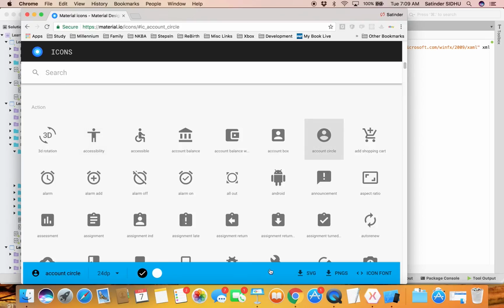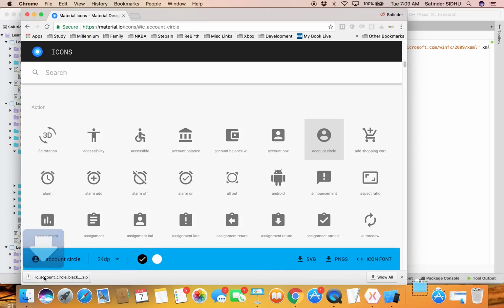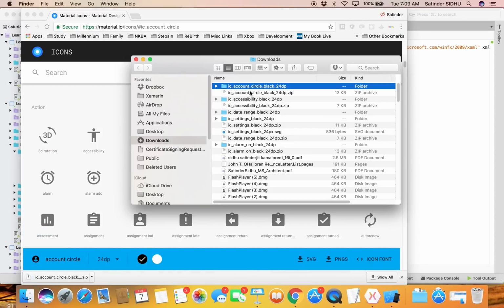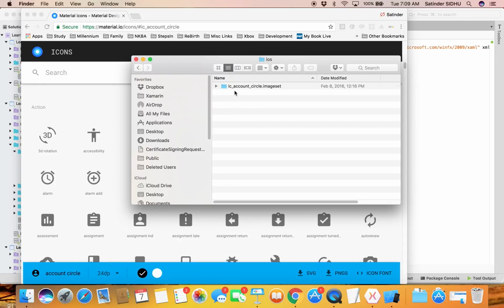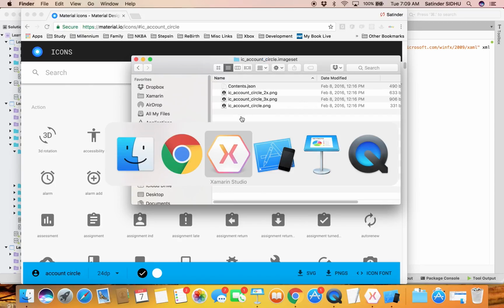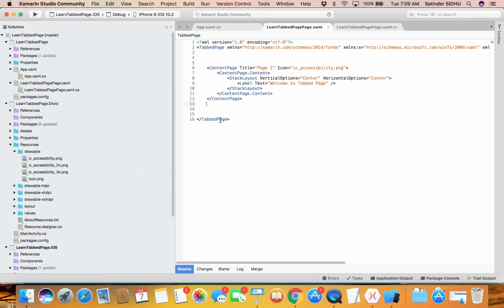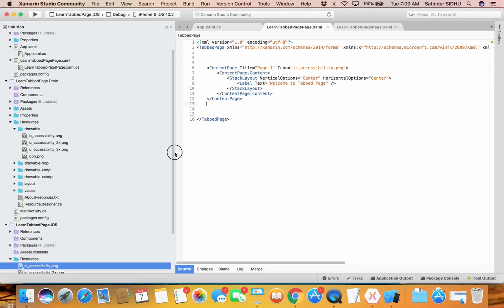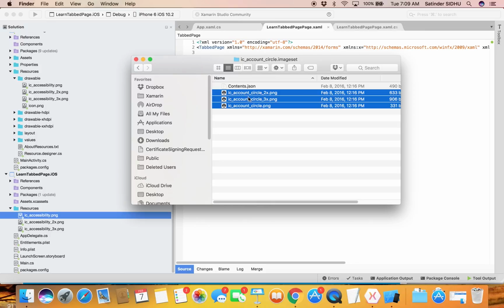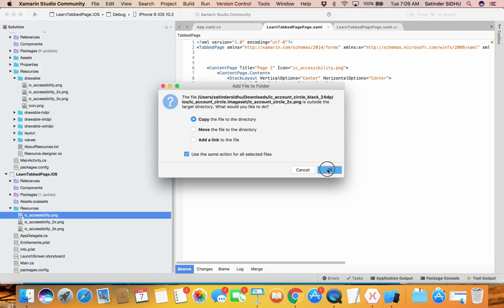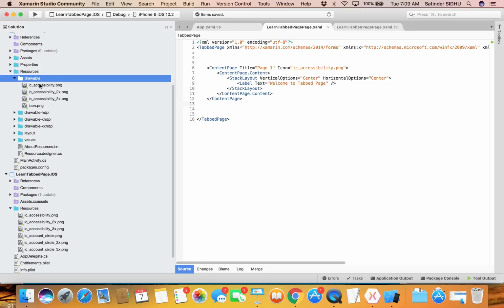Okay, account circle. Let me download account circle also. Okay, for the iOS. Oh, I think I made one mistake in the previous one, because iOS and Android icon sizes could be different. So it's better if you do them that way. Okay, so you go to the Resources, I do this, and now in the drawable,